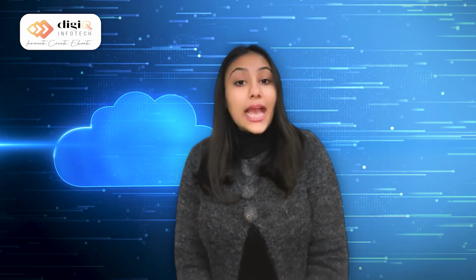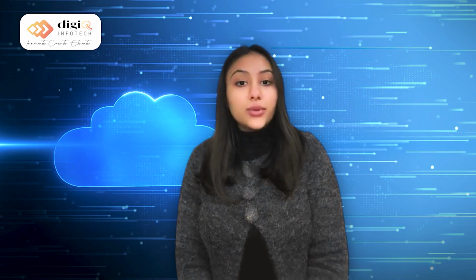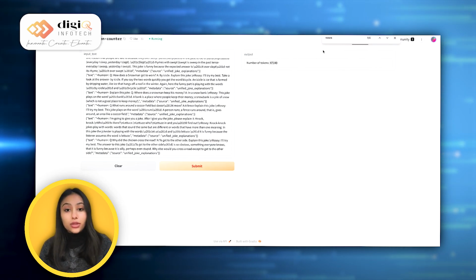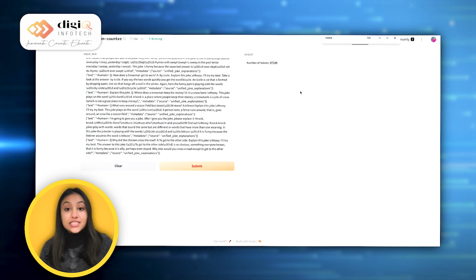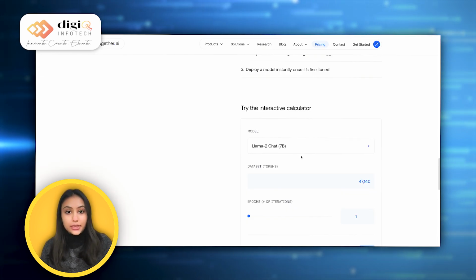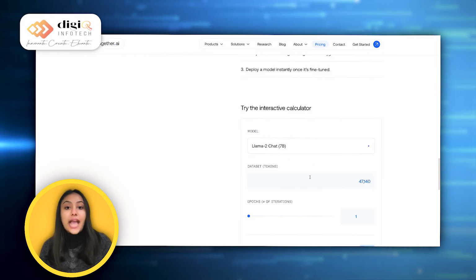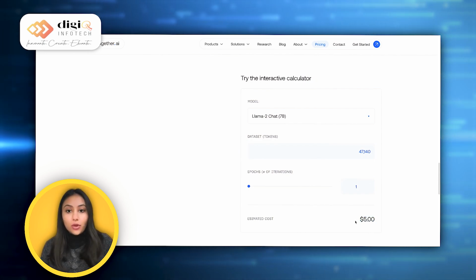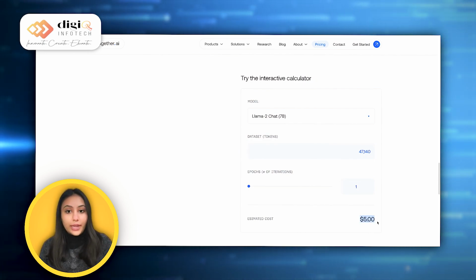If we talk about the cost of actually fine tuning a model, I used the example dataset that they provided here from Hugging Face. It is the Unified Joke Explanations dataset. What I did here is I copied this whole JSONL file and put it within a Llama token counter. From there it gave me this many tokens, and all I did was put it within the Together AI pricing calculator with the model that I used, and it was accurate. It was exactly $5. So it was deducted from my $25 balance. It dropped exactly to 20.